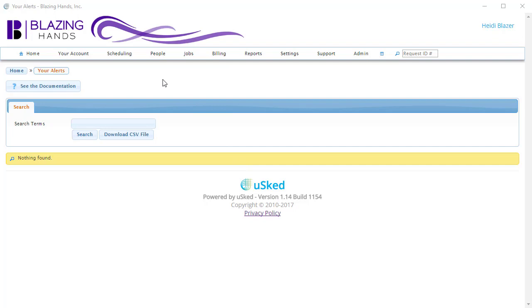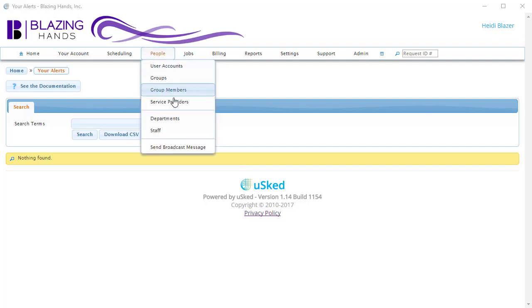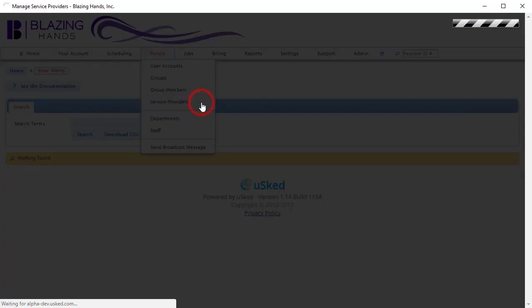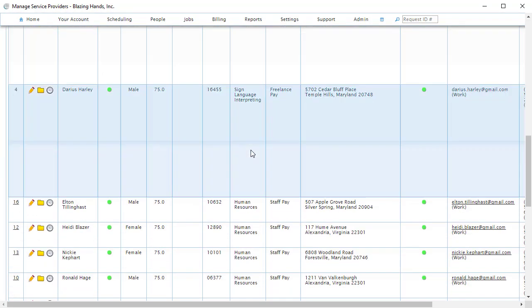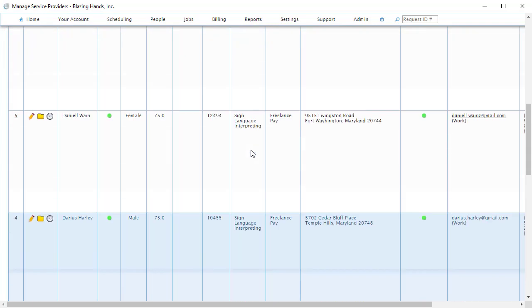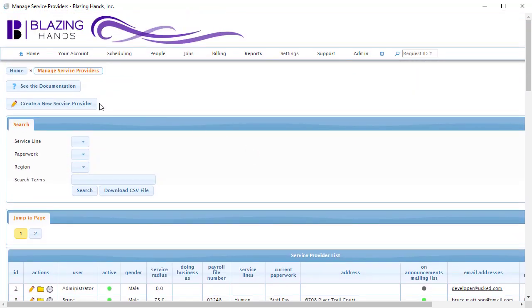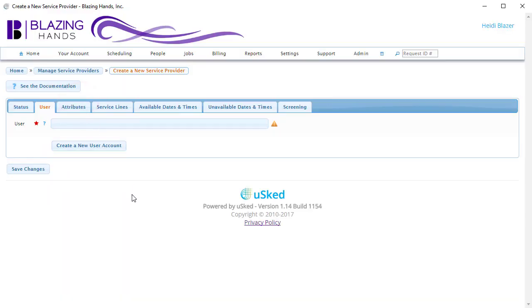To start, go to the Service Providers option under the People menu. On this screen, we can see a list of service providers already in USCAD. We want to add a new one, so let's click on the Create a New Service Provider button. When we click on that button, USCAD takes us to a screen where we can create a new service provider